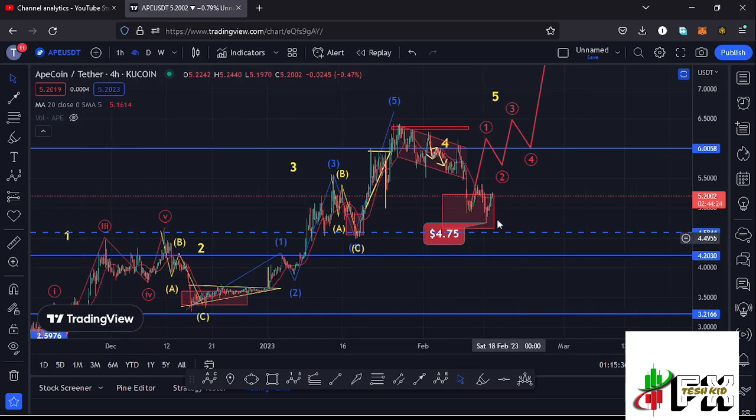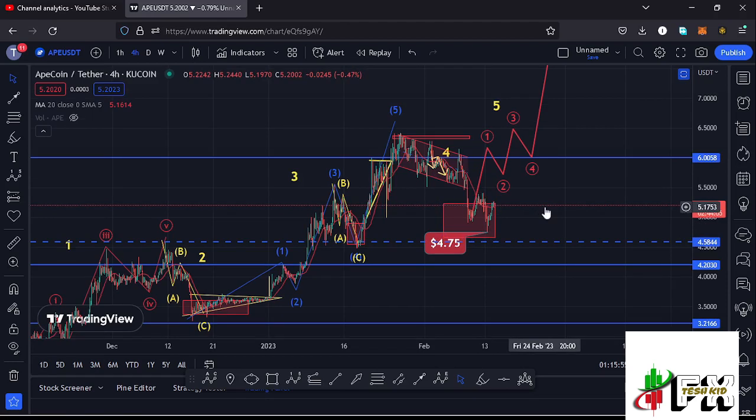And I said that in case this fourth wave retraces into this wave 1 high, then there are chances of having an invalidation of this Elliott wave structure. And since we are holding above the wave 1 high in the formation of that wave 4, we have also fully maximized our target area in the formation of that wave 4. We have also seen a break above the 20-day MA, which is now acting as support for us to continue pushing even higher. Then there are chances that Apecoin might continue pushing even higher to get us to the next key area of resistance